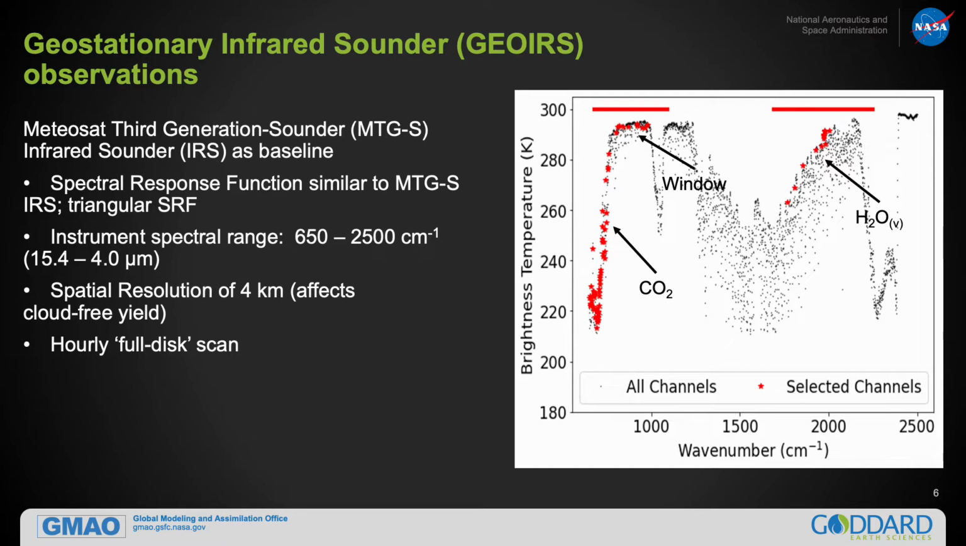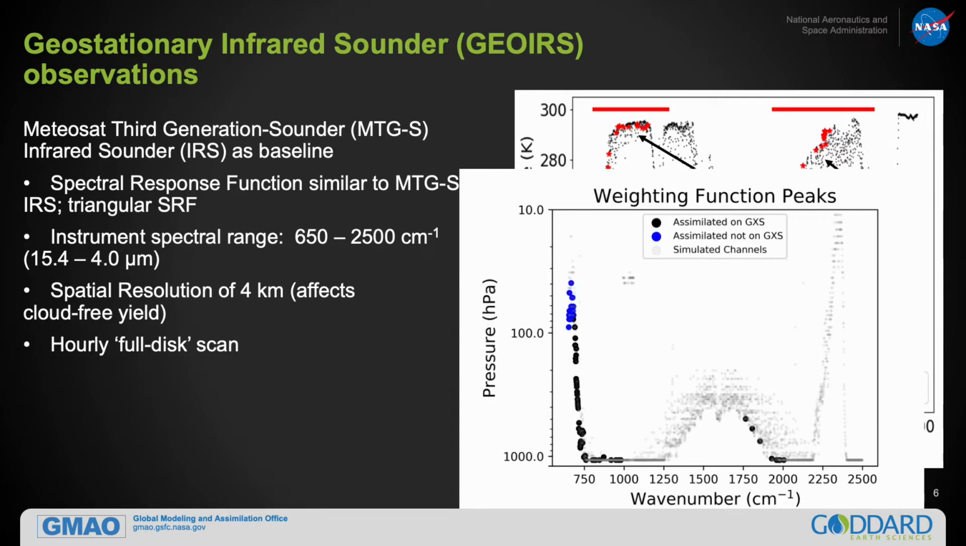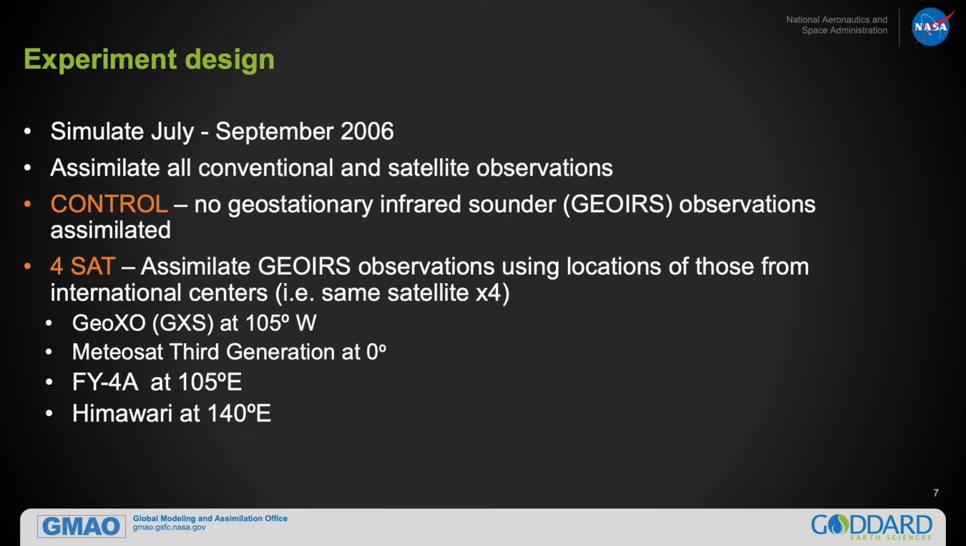The observations have a 4-kilometer spatial resolution and provide an hourly full-disk scan and observe channels in the CO2, window, and water vapor regions. The channel selection for assimilation provides a high-resolution profile of the atmosphere with weighting function peaks throughout the troposphere. We used the generated observations within the GEOS framework to examine the impact of geostationary infrared sounders